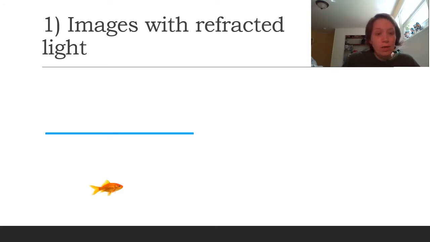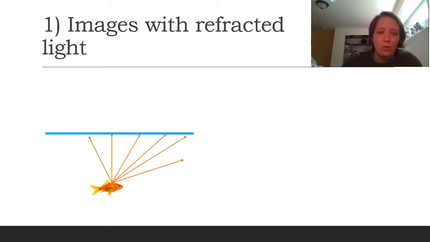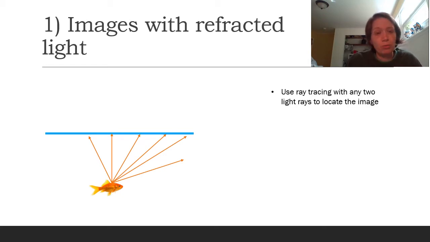So for example, if we had a fish underwater and we wanted to know where would the image of that fish appear to a person out of the water that might be interested in hunting that fish, we would start with the understanding that the fish is reflecting light in all directions. It's not making its own light, but it's reflecting the light in all directions. The person outside of the water needs some of that light to get transmitted into the air. So if we pick a couple light rays that are going to go through that boundary and out into the air, we can use ray tracing to figure out where would the person looking at that fish think the fish